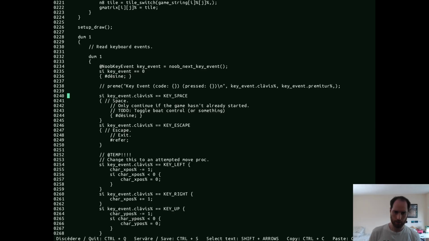Okay, let's just factor this out now. So how does this key event work? Okay, we're saying create a struct for this key event, a pointer to this struct. Get this next key event. If it's 0, just break. Otherwise,